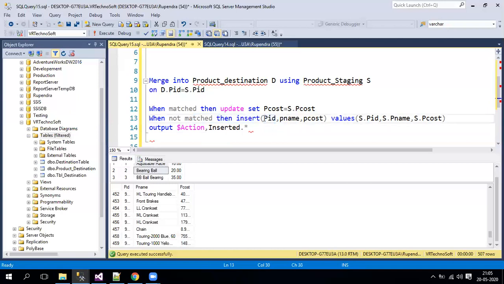I need all the columns here, so that's why I'm keeping inserted.*. Whatever staging destination table structure we have, the same structure will get created for the inserted as well as deleted tables.